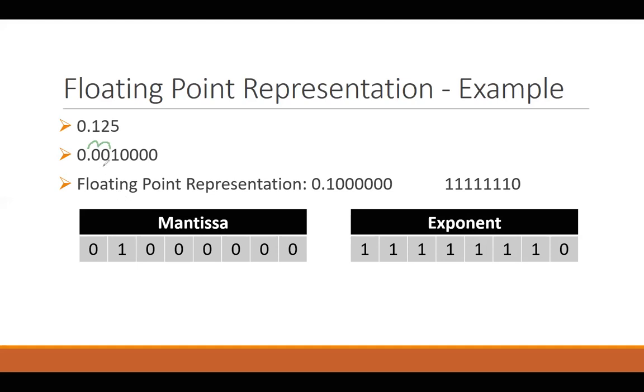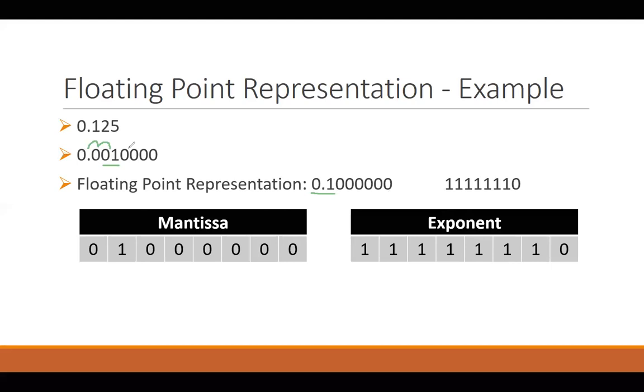Since it was a positive value, I want my MSB to be 0. If it was a negative value, you know that we had to take the complement and then the MSB would have been 1. So I have placed it just after the second 0. And this is the part where I have placed my binary point. And these zeros are just fillers, there to complete my 8 bits, since I'm using 8 bits for my mantissa.